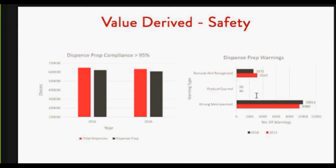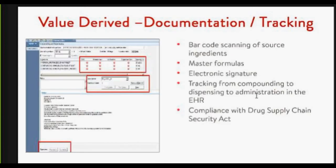And we did have some warnings in which the barcode was not recognized, and primarily this was due to vendors changing their NDC, and so we were able to update it in the system using the data provided. And for wrong medication scans, we also looked at why it was the case, due to look-alike, sound-alike medication. So it shows you, this is just a little picture of what the suspension looks like when the technician